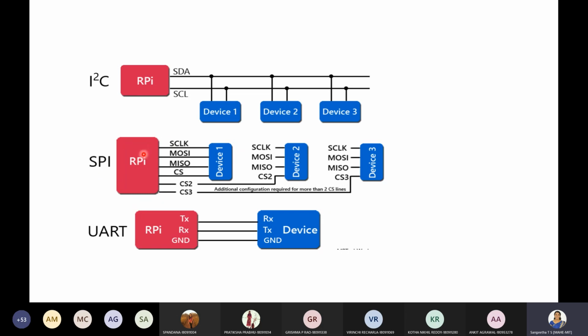And for SPI, this is a block diagram wherein you have chip select or CS, which is used for selecting different devices connected to it. And in UART, again transmitter and receiver. This transmitter will be connected to the receiver, and the receiver will be connected to the transmitter, and likewise.